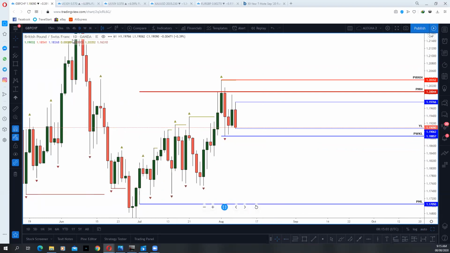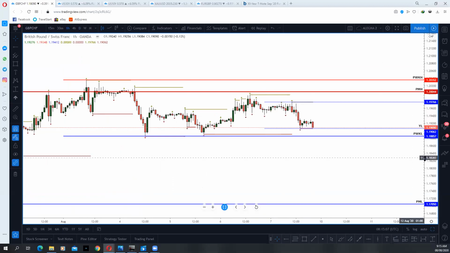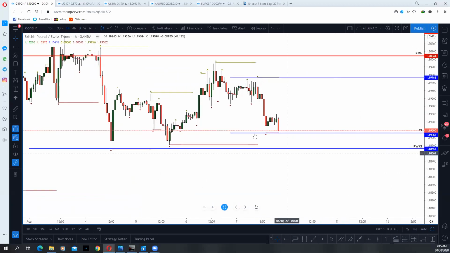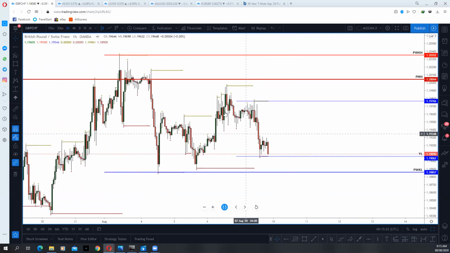Then you drop down to maybe your 1 hour or 30 minutes. Then you wait and see what plays out. If price does not break this low, then you have the idea that it's going to try to move higher. But if price breaks this low, you have an idea that the next level is going to be here. So this is how you just use it very simply. I don't use any indicators, I don't use trend lines. These are just what I use.